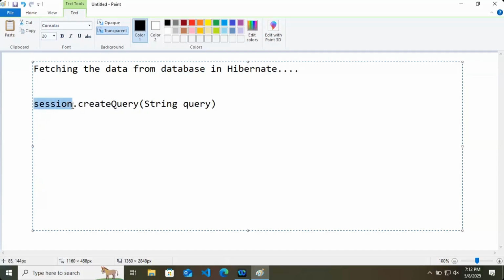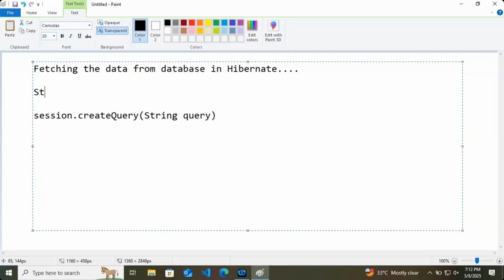Using session, so session.createQuery, which takes a string, and generally this query will be in the form of HQL. And what is HQL?